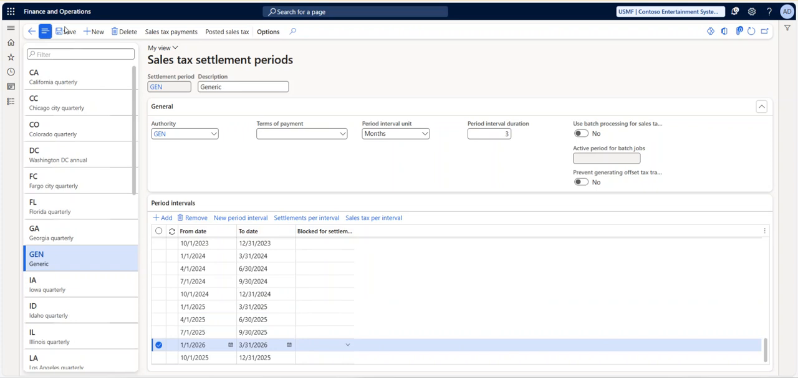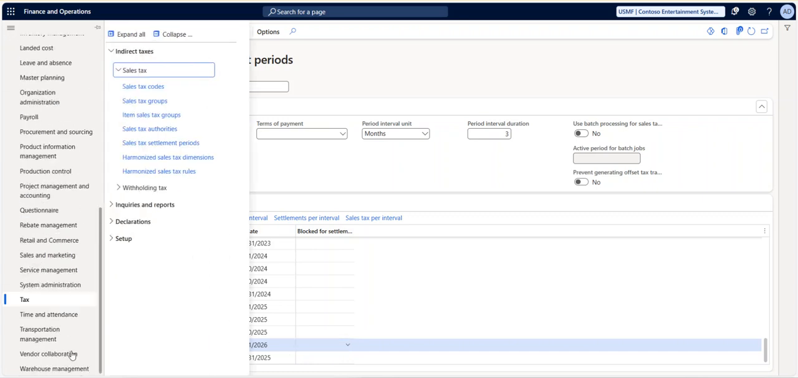So once you have defined these two, one is your sales tax ledger posting profile group, okay, and second one is your sales tax settlement period. So if you define these two, okay, our next configuration step is sales tax code. Okay, so for that what we have to do, again we need to go to the tax module. Under tax module we have indirect taxes, and you can see we have sales tax code. Okay, so in this particular sales tax code,